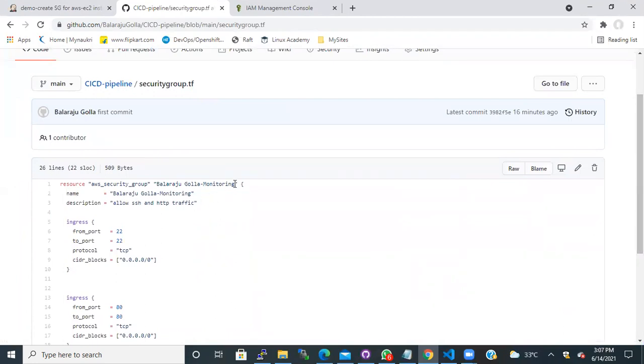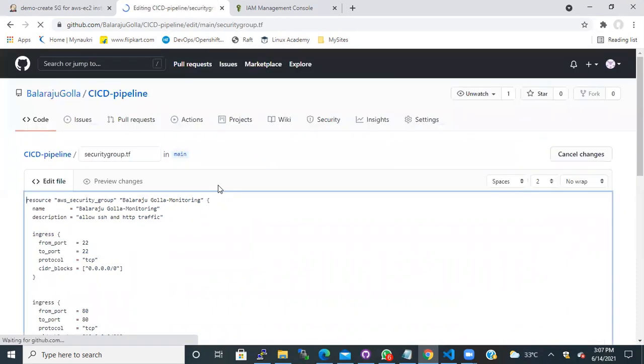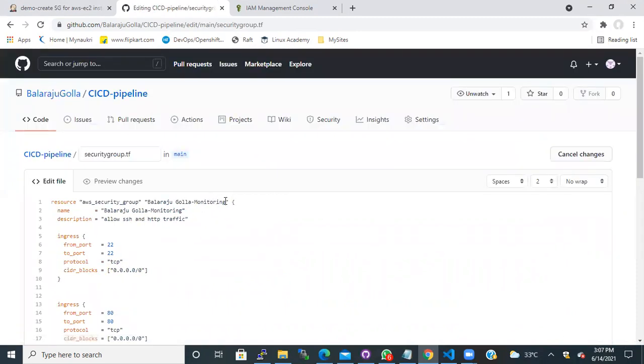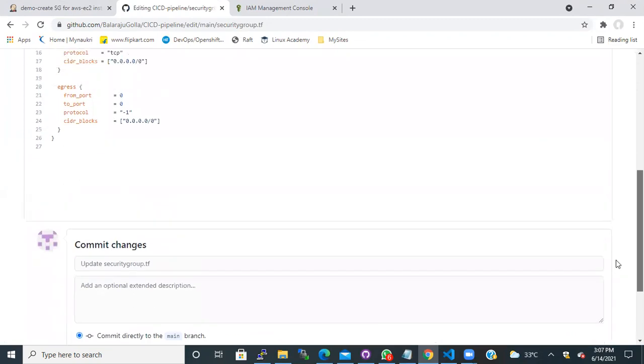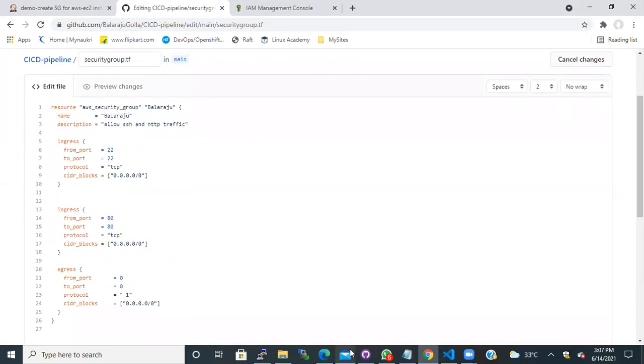So what I'll do, I'll just make some change here. I'll do the commit here itself. Okay, let me do it from here.